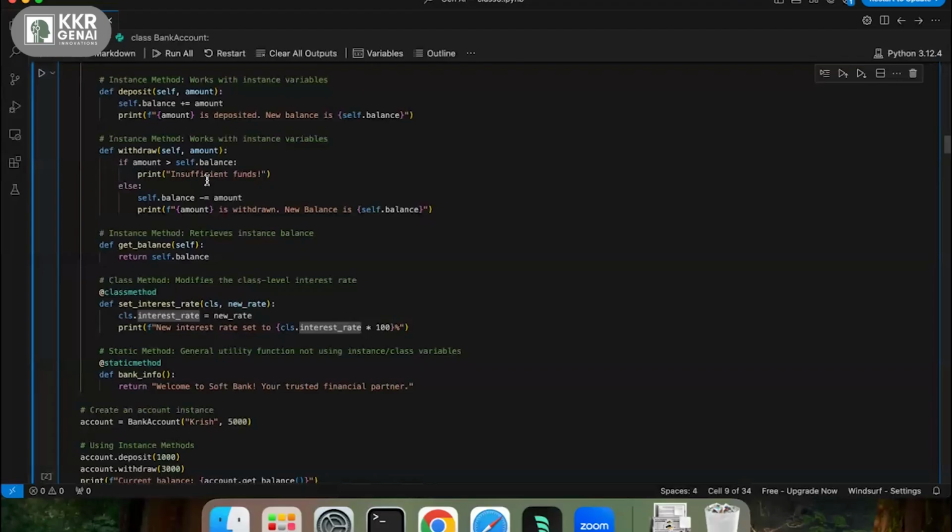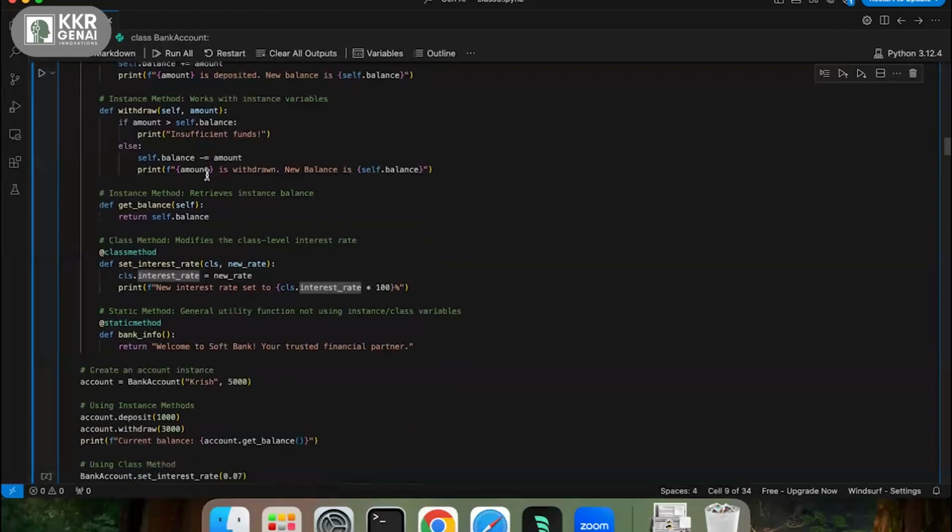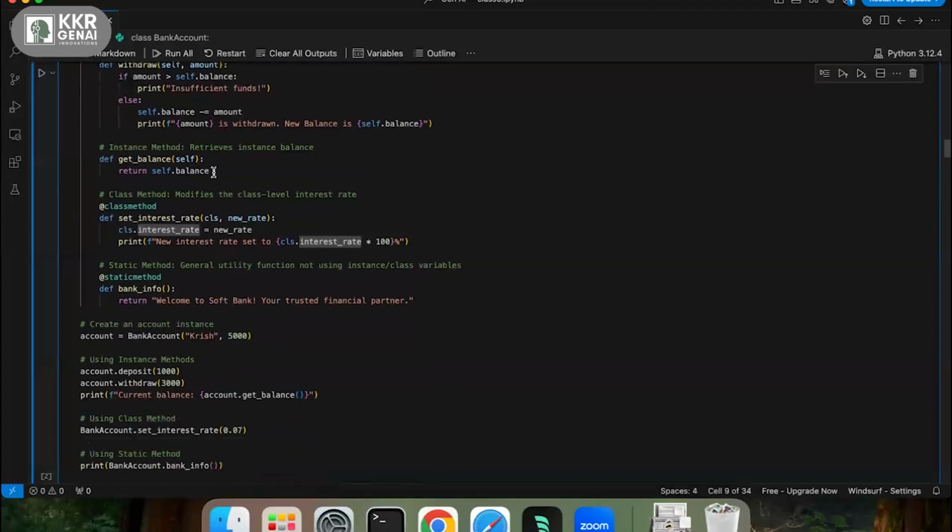If it is greater, I simply say insufficient funds. If not, I deduct the amount, show the amount withdrawn, and then show the current balance. Get balance is also an instance method,